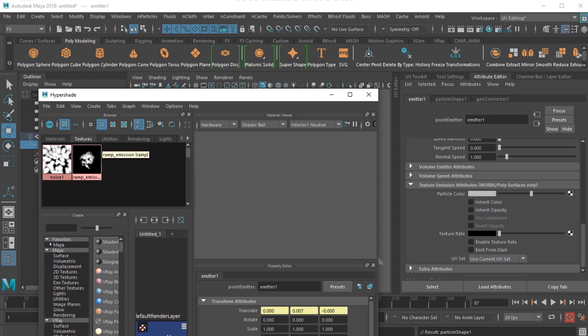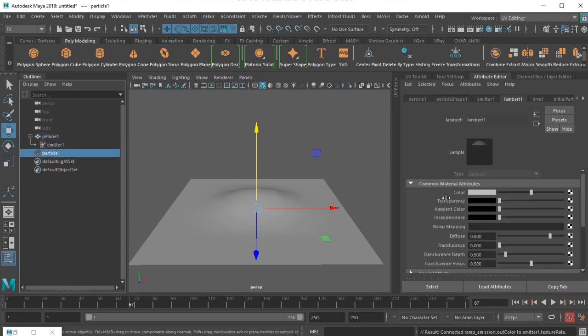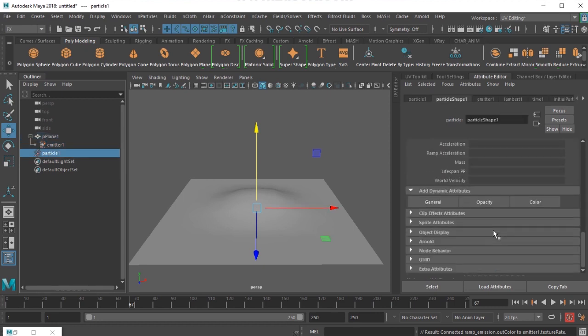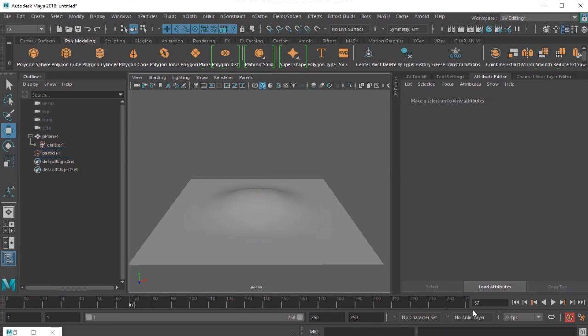This ramp emission which I have created, I'll drop it here. And also I'll enable texture rate and select the particles and give the particles a color, and then see what you get there.